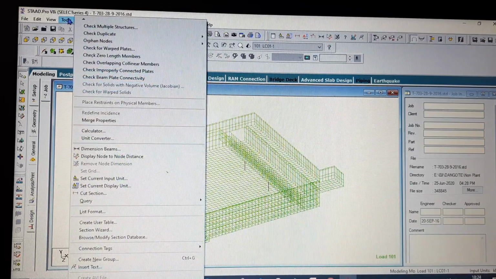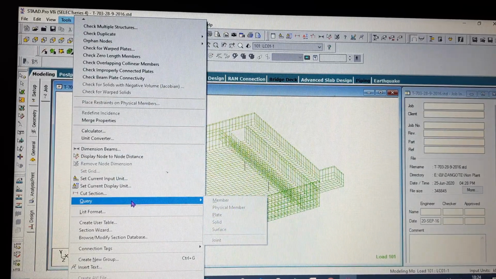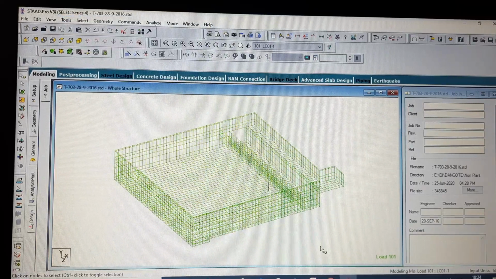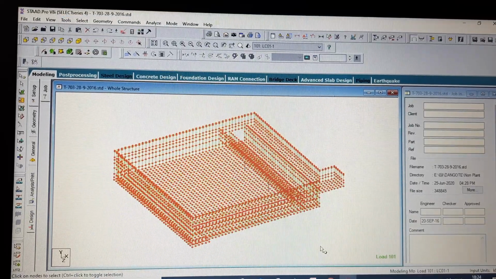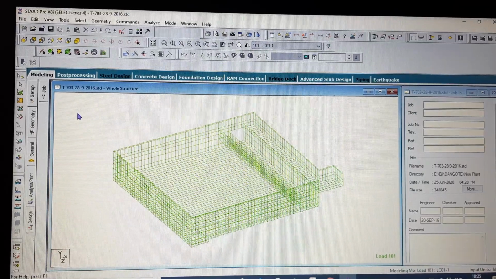Now in this tools section we have a button called query. This query button will give you a query about the structure, about the member you have selected. Say I have selected some column element. The node cursor has been selected. I want to have a query about beams.